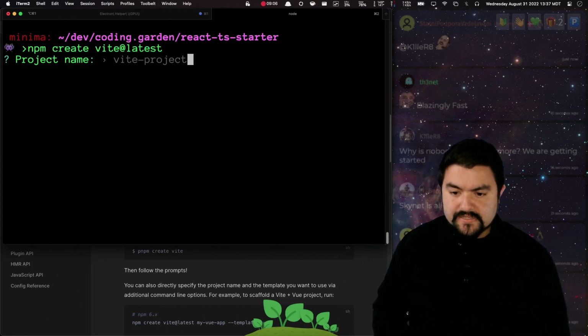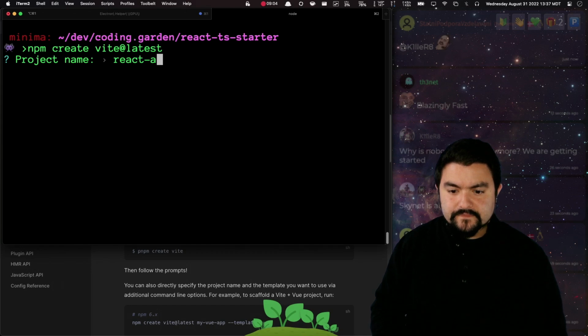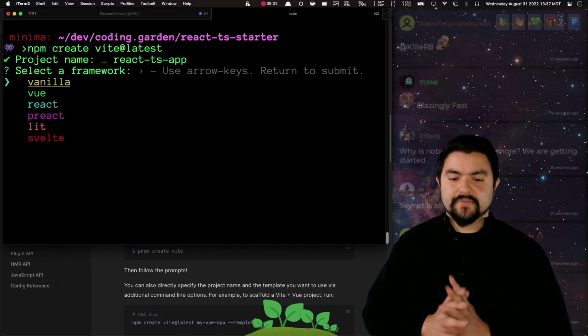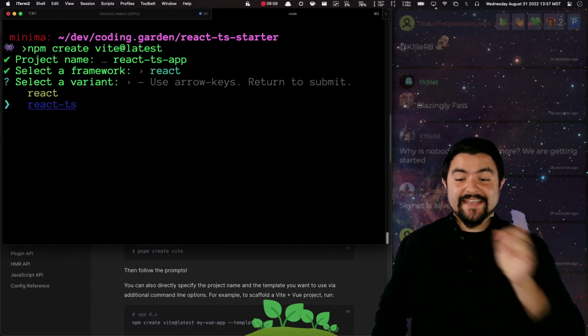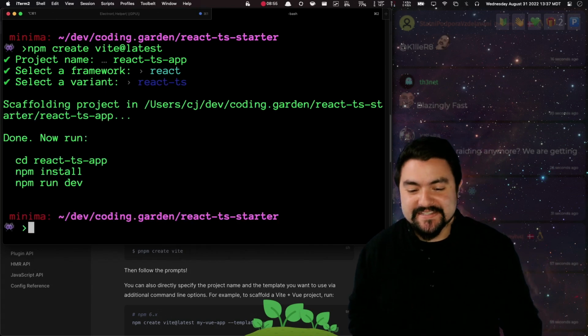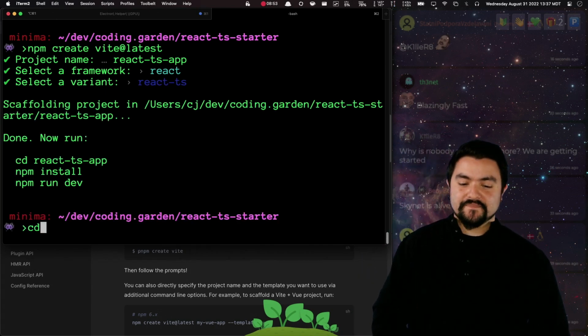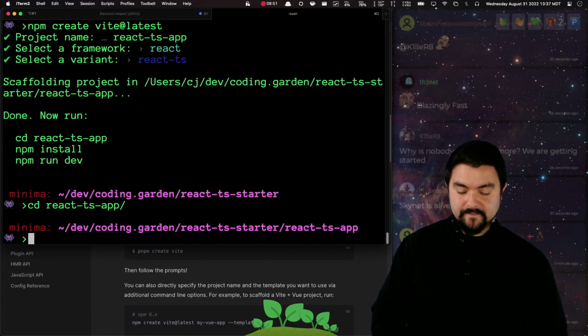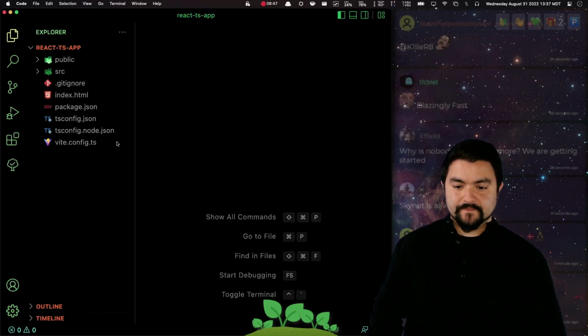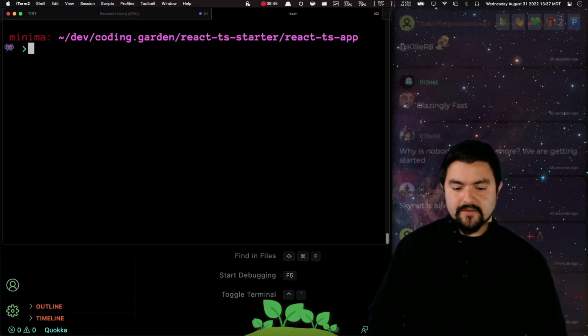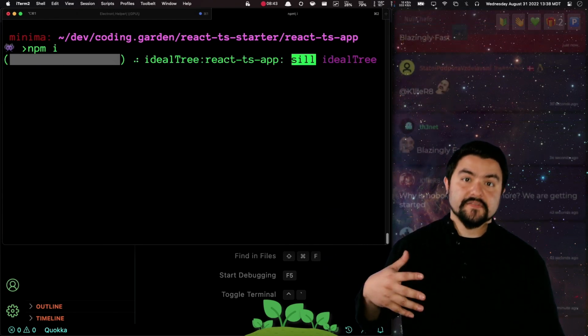So I'm going to call this React TS app. I want React-TS, so this will automatically set up a TS config for me. And then now, if we go into there, we can take a look. And while we're taking a look, I'll go ahead and do an npm install to get all of the dependencies